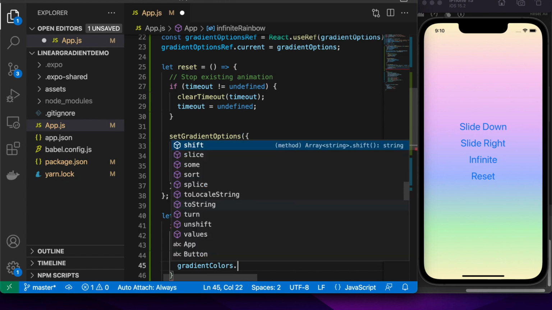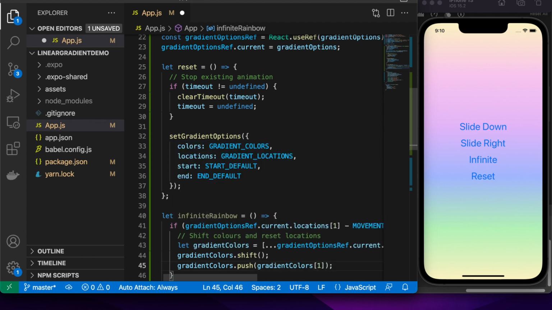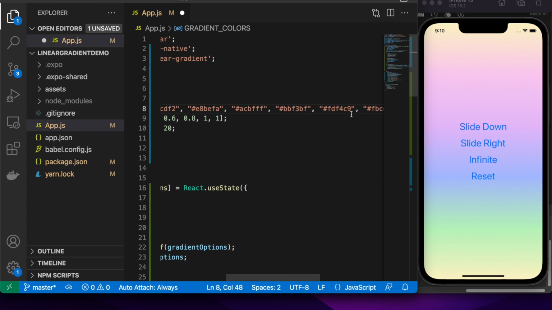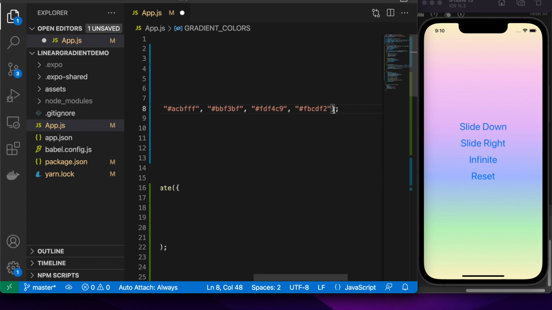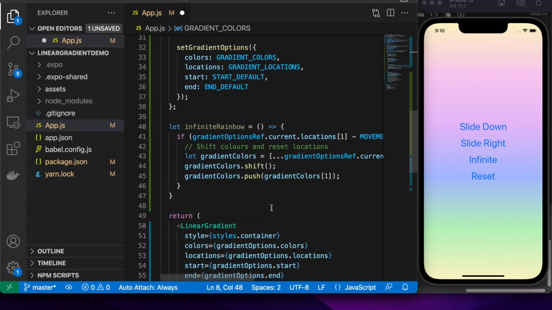And then I'm going to append to the end of the array the element at the second location, because that's the one that I want to follow on and will be the next colour at the end of the rainbow. So that's basically the one that I'll remove. This FBC will be in the first place, and E8B8 will be appended to the end, so that it will just be a continuous sort of stream of rainbow.